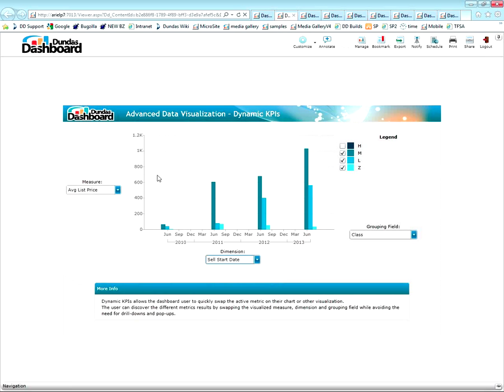In this example, I've exposed the special filters across the measure, the dimensions, and the grouping field. Right now, I'm filtering on the average list price, on the sale start date, and I'm grouping by the different class. However, the user can now quickly switch from one measure to another, simply using those filters